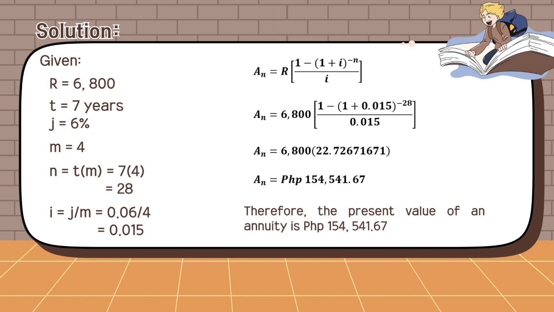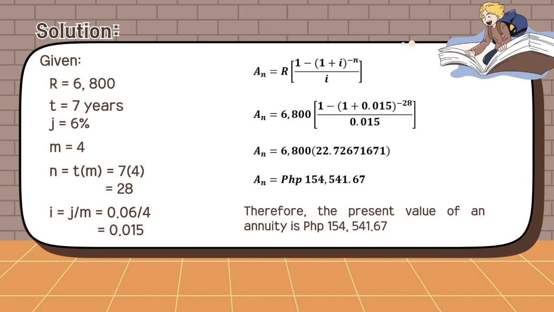Our time is 7 years. j is 6%, and since it is compounded quarterly, we have m equal to 4. The number of payments in the annuity is the time multiplied by the conversion period, which is quarterly, so 7 times 4 is equal to 28, and our i is